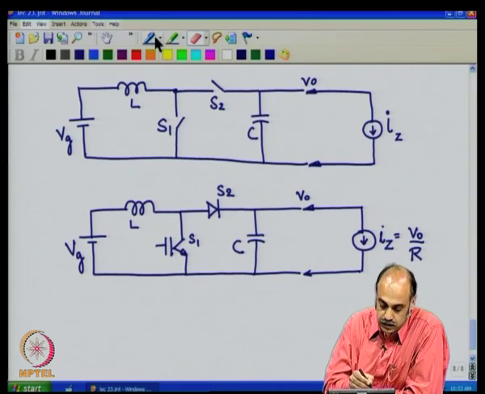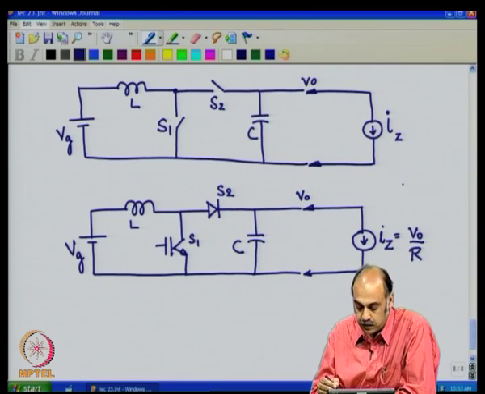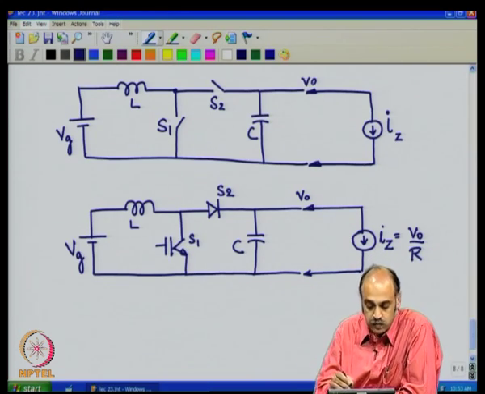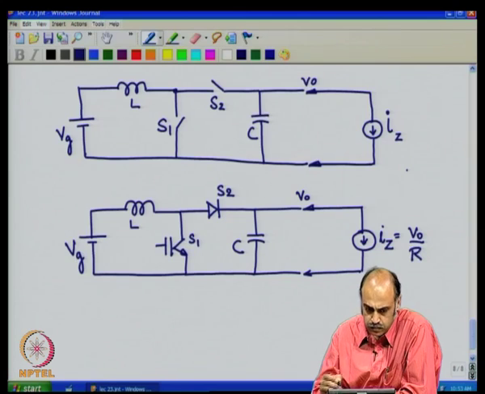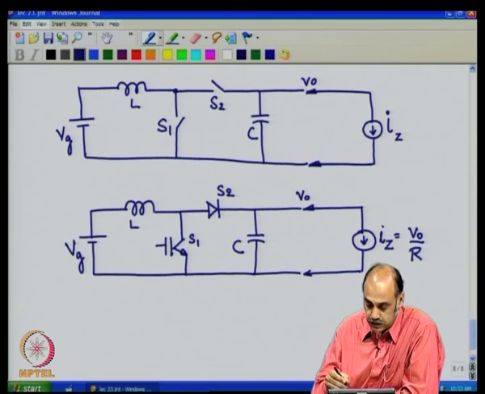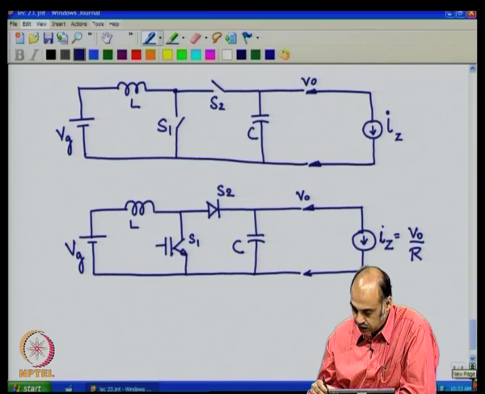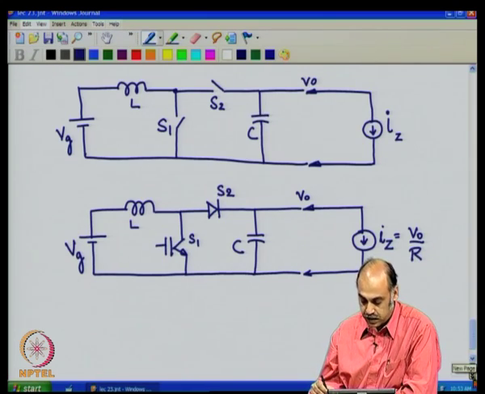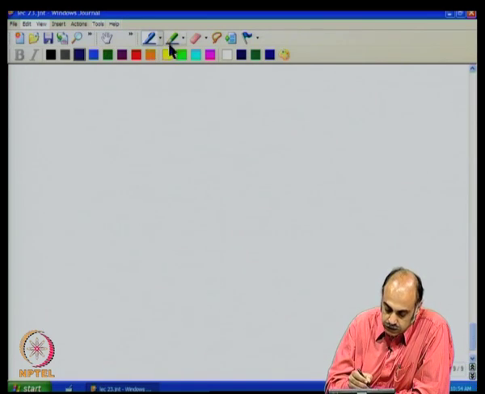Okay. So, for any value of R you could keep changing, and only the I Z value will change, because V naught is being controlled and we are trying to maintain the value of V naught as a constant. Now, this is also a possible thing in literature. You will see such a practice also. So, from here we start